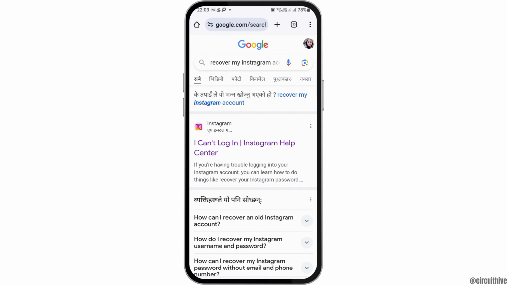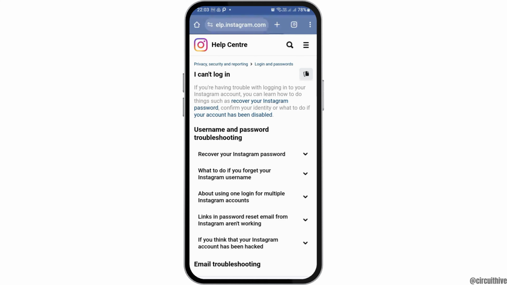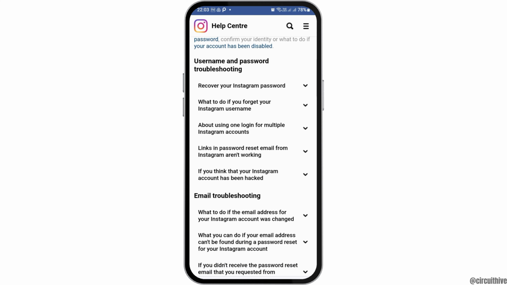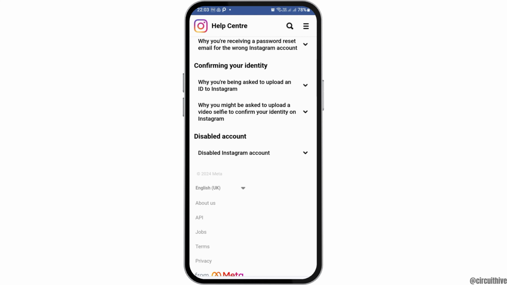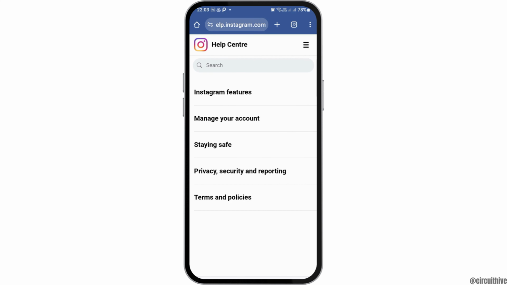Now, after an interface like this appears, you have to go to the first option, that is "I can't log in". Now after you tap on the option of I can't log in, you can see an interface like this. Now what you have to do is you can see various kinds of options like this. You can tap on any of those, otherwise you can go to the three lines on the top,